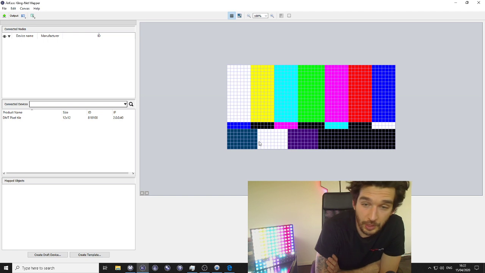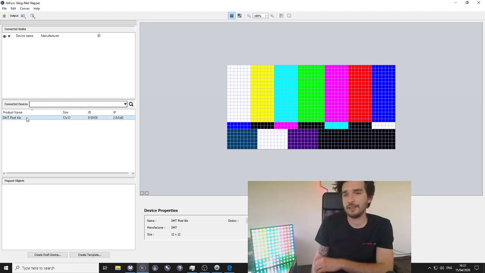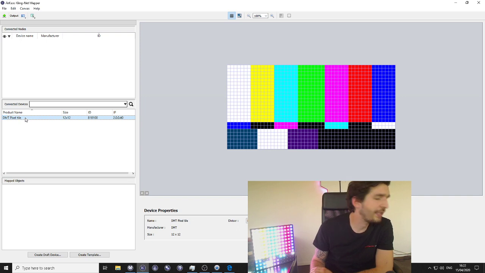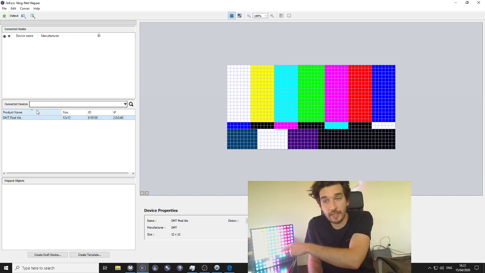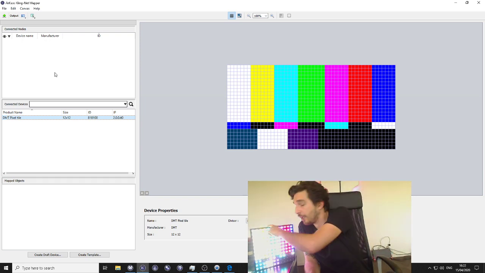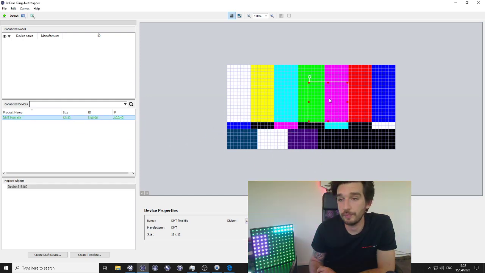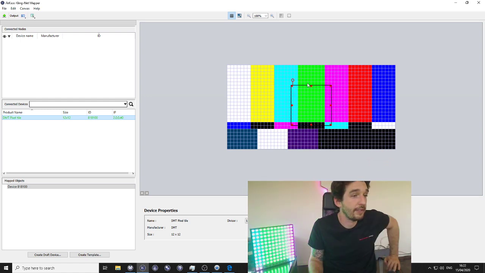Okay, so now I just have that running right here. Pixel DMT Pixel Tile, that's the brand. That's the name of my fixture. You see at the top here, I don't have any library. It's not library based. Every piece of information I store right here, drag, drop, and voila, I have control of my fixture. That's it. Nothing more complicated than that.